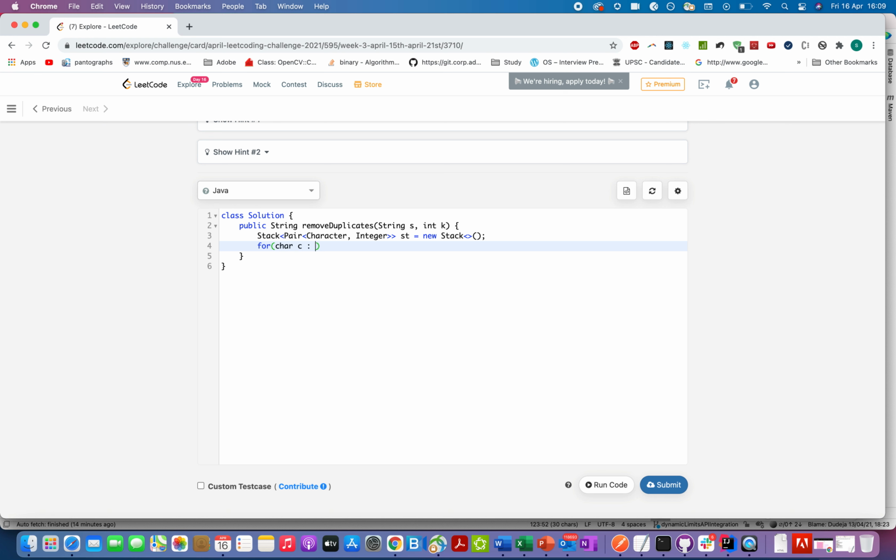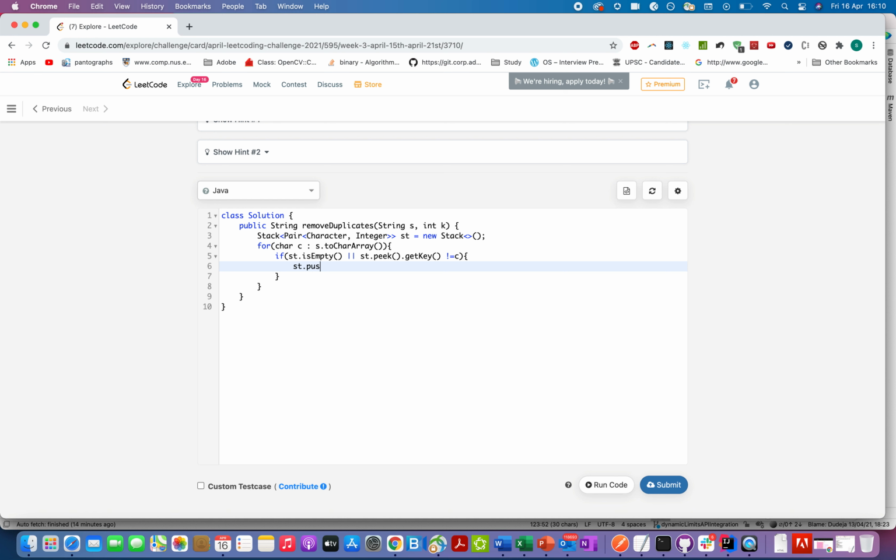So character c over s dot toCharArray, if the stack is empty, or the topmost element of the stack doesn't match with the current element. st.peek().getKey() doesn't match with the current character.